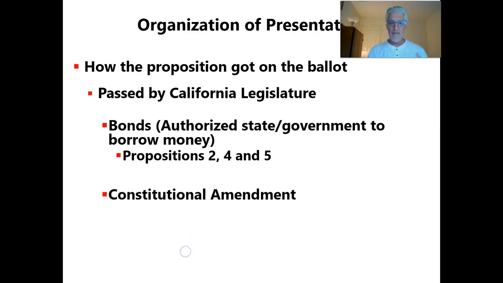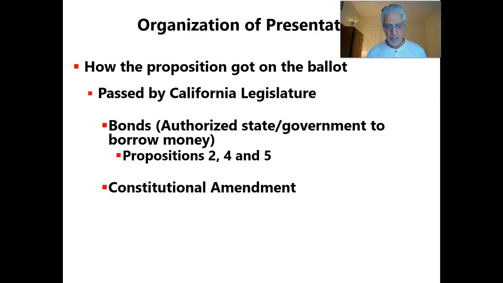Now, the other kind of thing that winds up on the ballot, at least this time, are constitutional amendments. So in this case, Proposition 3 and Proposition 6 are constitutional amendments. In order to qualify for the ballot, these have to be supported by 2/3 of the state legislature, so the state assembly and the state senate, and then the voters have to approve them. So Proposition 3 relates to same-sex marriage. Proposition 6 deals with prison labor practices.